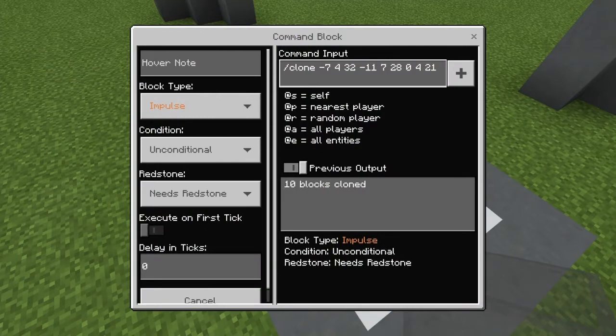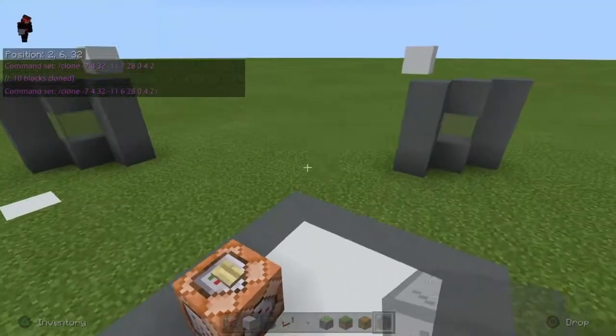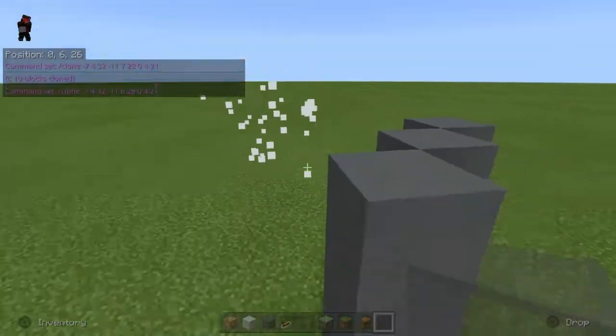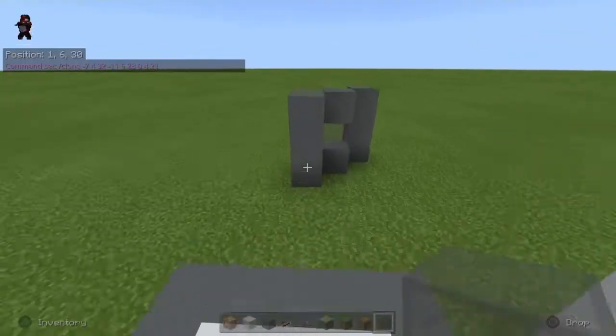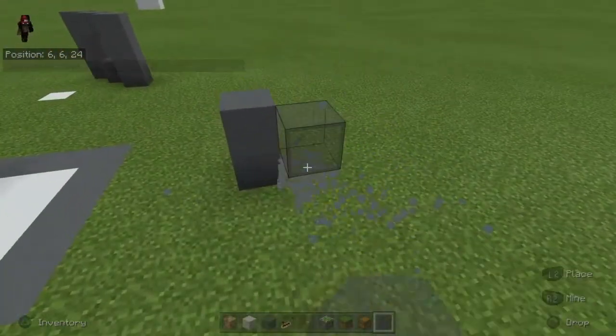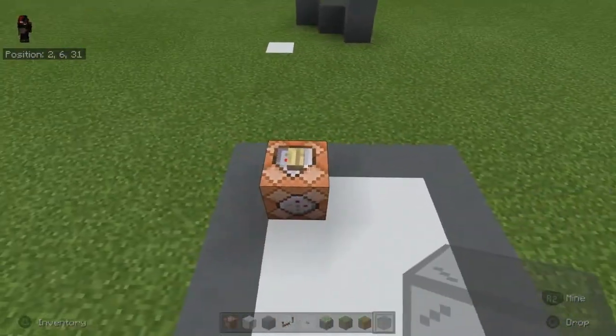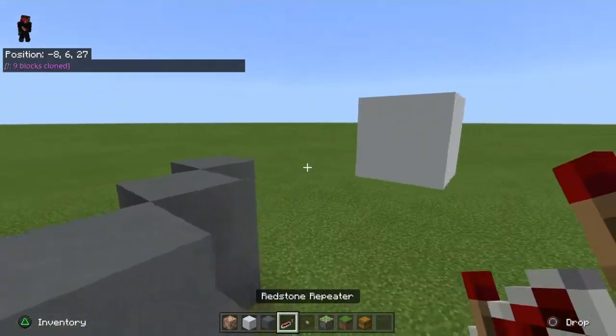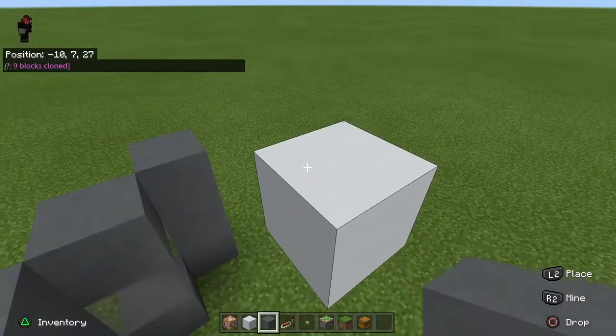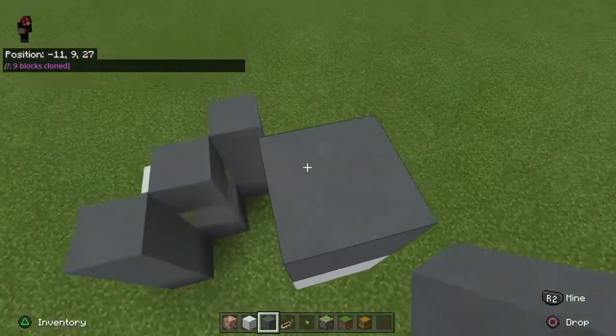Holy crap. Yeah, if a block that's too high is getting cloned in, then you just want to lower it down. See, this time it never got cloned, because I lowered it down to the point where it doesn't pop up, as you can see. So what I did was, at first, I was copying this block and everything